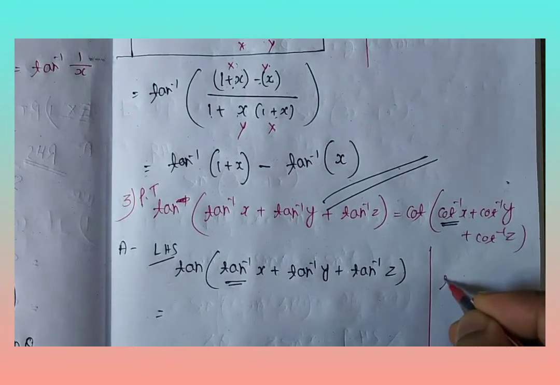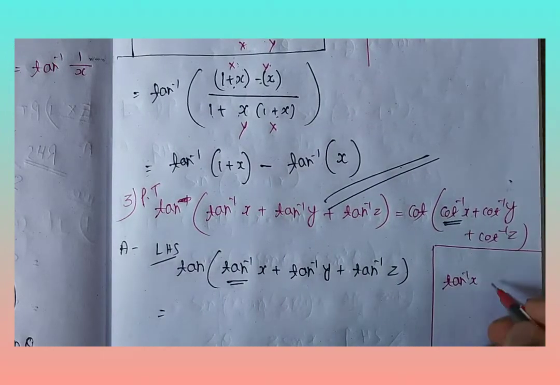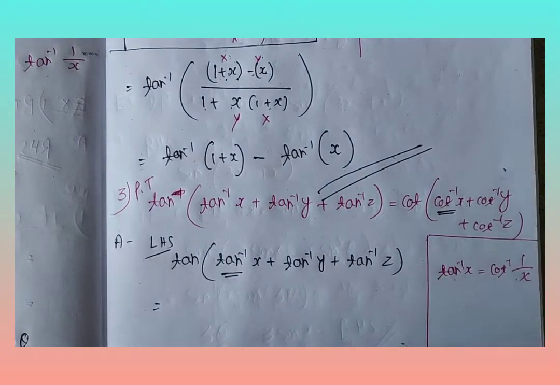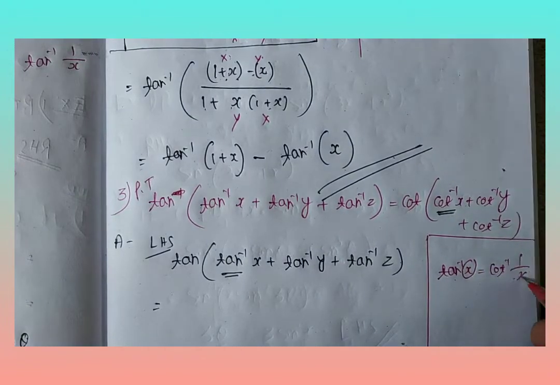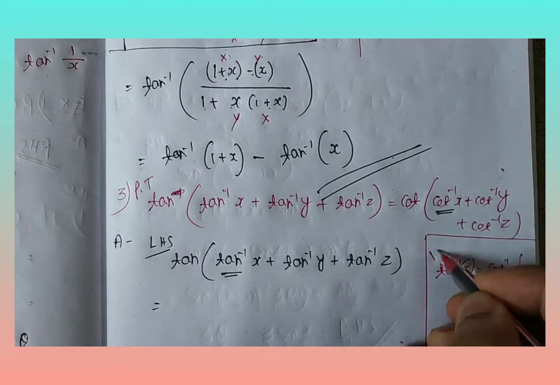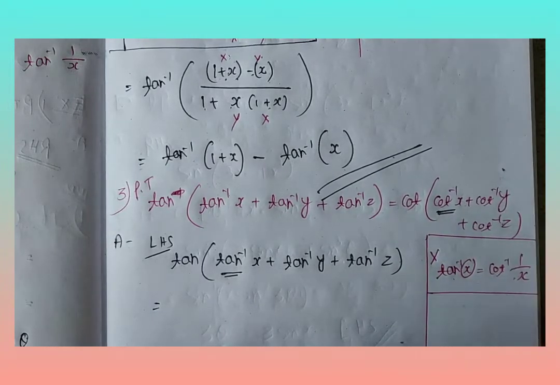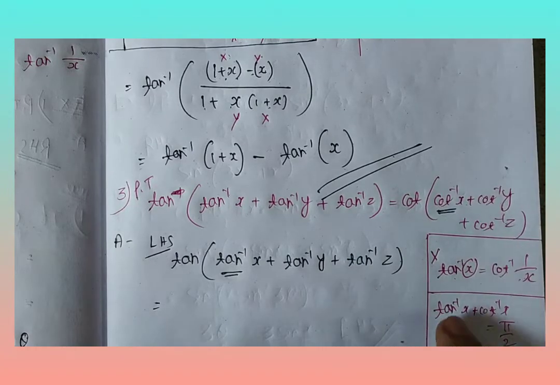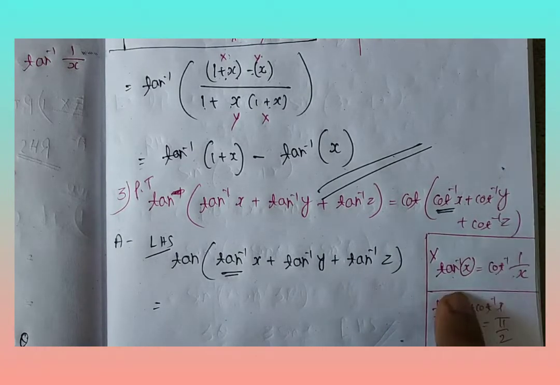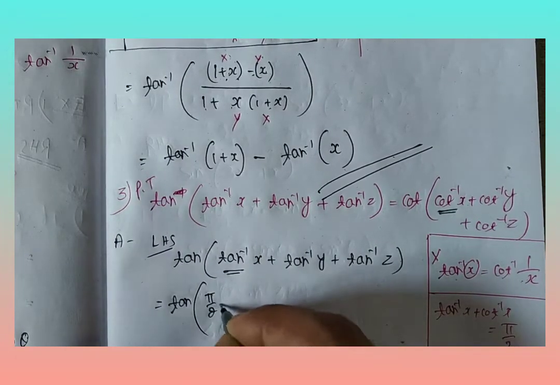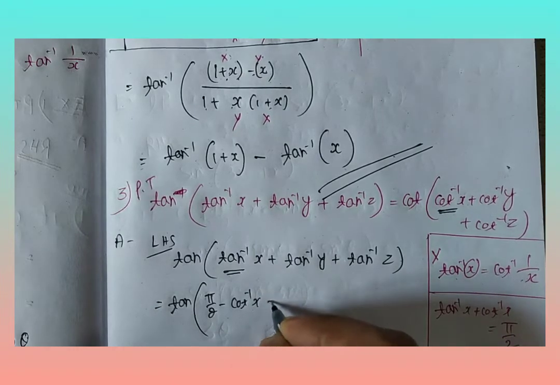First, we can use tan inverse x is equal to cot inverse 1 by x. If you choose this formula, your x becomes 1 by x, but we need the variable x, not 1 by x, so we cannot use this formula. Second formula, we know that tan inverse x plus cot inverse x is equal to pi by 2. And what is the value of tan inverse x from here? 90 minus cot inverse x. We can put here pi by 2 minus cot inverse x. Similarly, these two terms.